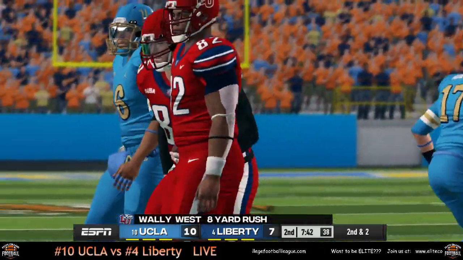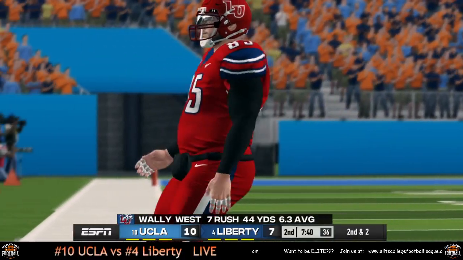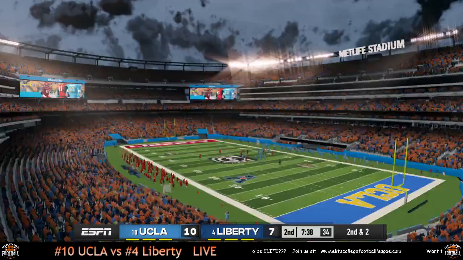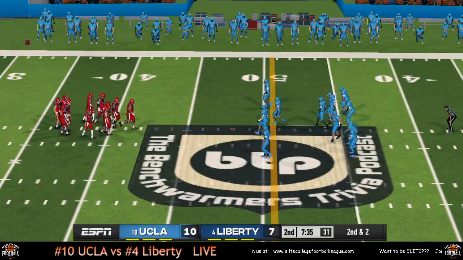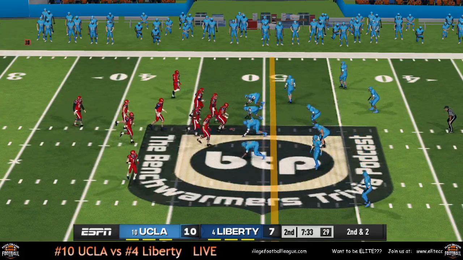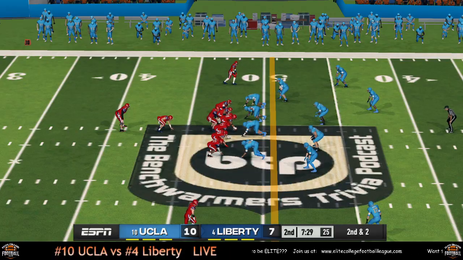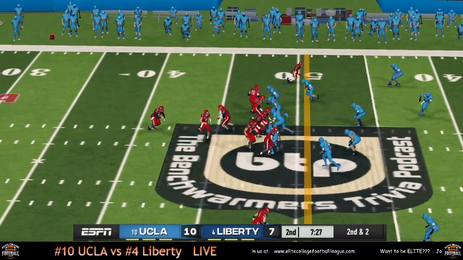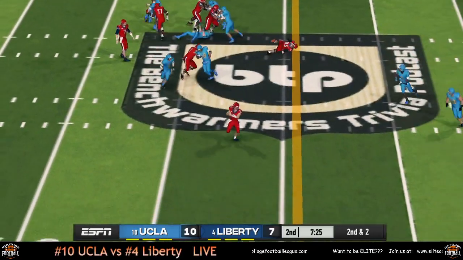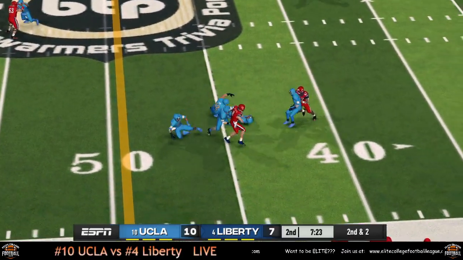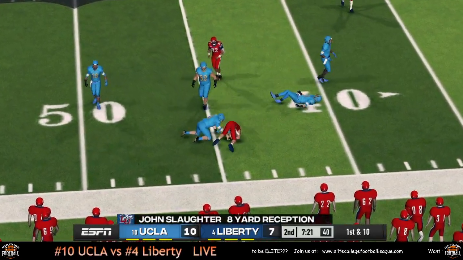Wally West broke off one tackle, got an 8-yard gain. I formation, fakes the handoff, and throws it to his fullback out of the backfield.